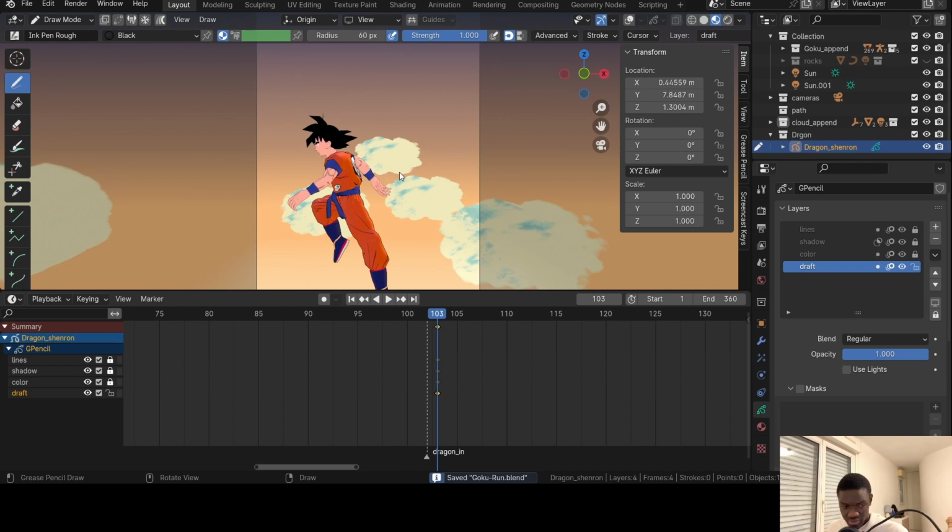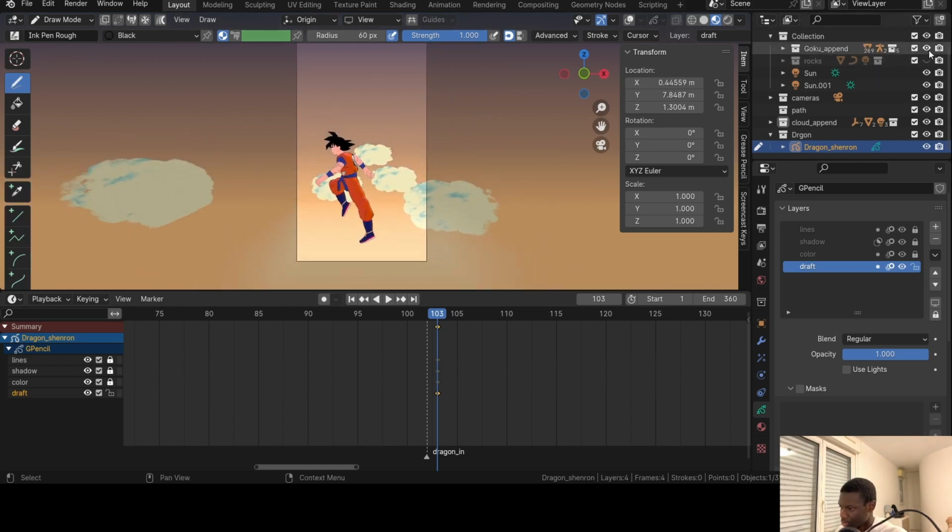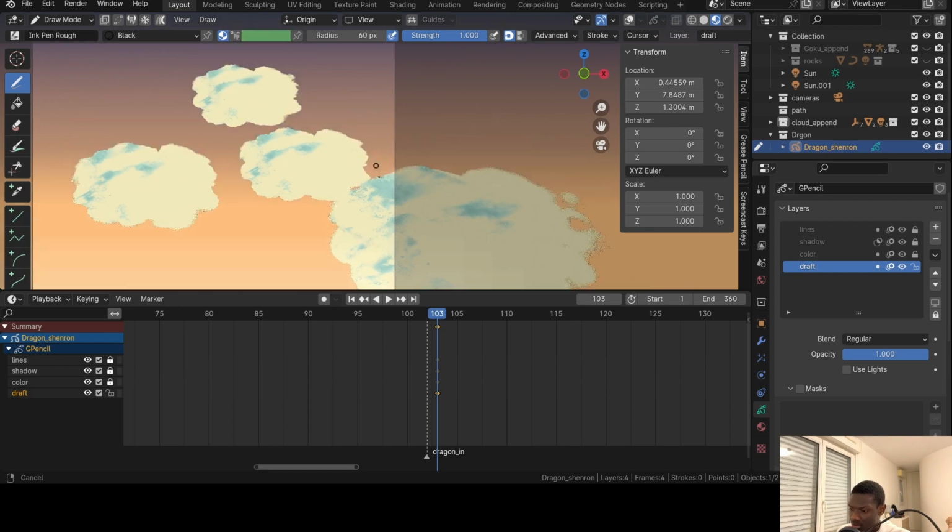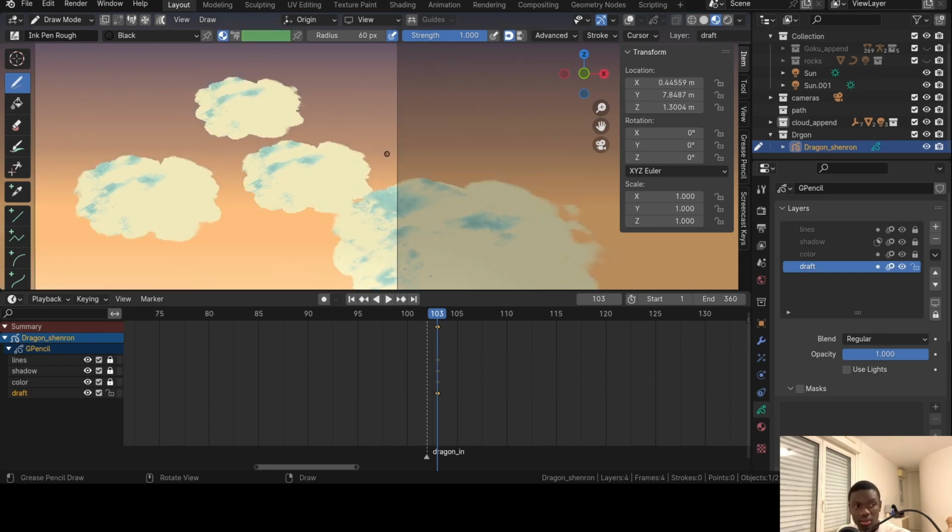I might need some reference images. Let me get some reference so I see how it looks. Okay, so I got enough references, so I can go. I only need one image from profile. This one will do fine. So he's got like a big head. It goes like this,